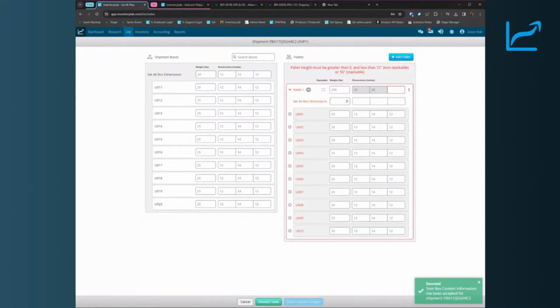Within the pallet, I can also update my boxes if I realize that one or two of them are different or I entered the wrong values for them. I need to enter my height, and Amazon restricts heights to 72 inches for non-stackable pallets or 50 inches if they are stackable. So this pallet is 60 inches,